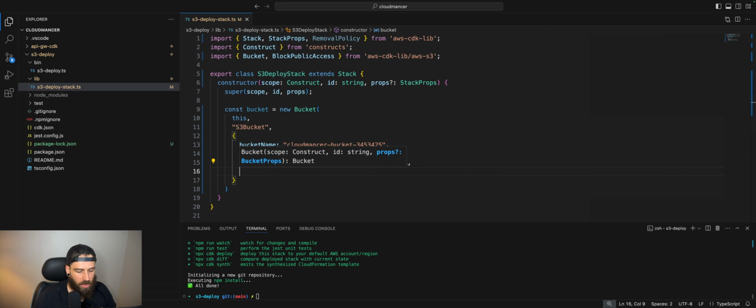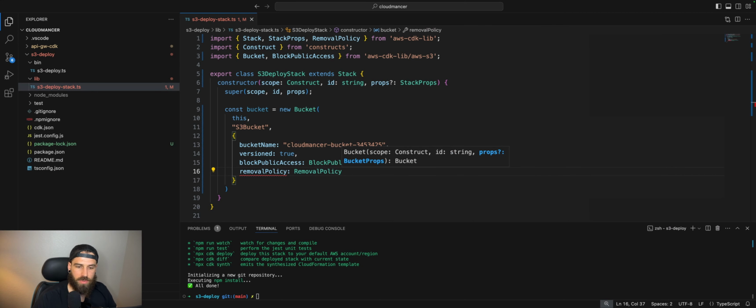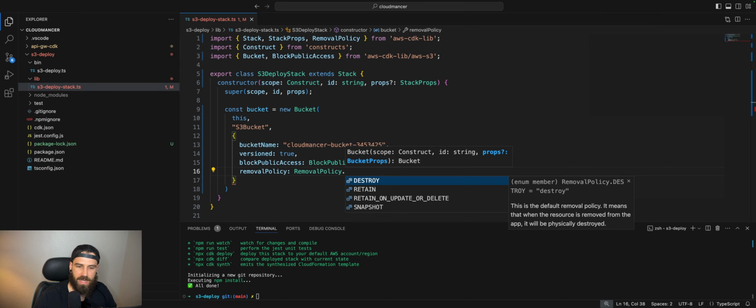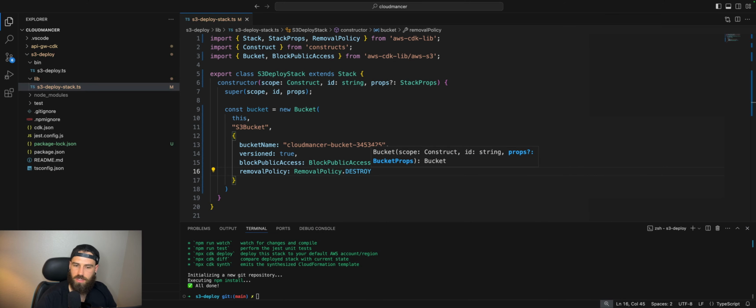The final thing that we're going to do is the removal policy. We're just going to again reference that RemovalPolicy object, reference one of the static attributes and call DESTROY. This will just make sure that when we go to destroy our CloudFormation stack later, it actually does delete the bucket. For some reason with the CDK, buckets are not automatically deleted. So we're going to go ahead and enable this. All right, so that looks pretty good.